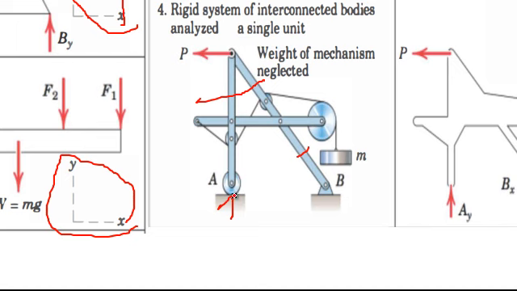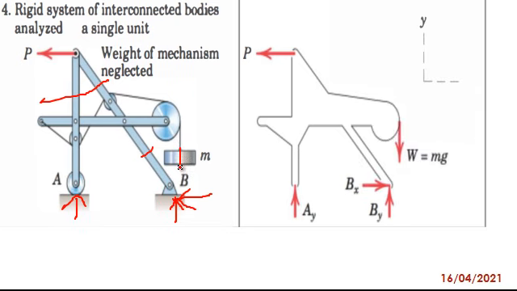That's the external reaction. That is a pin, right? And of course, I've got a mass there, which is the M. This is a rope. So the tension that I have here is the same as the one that I have